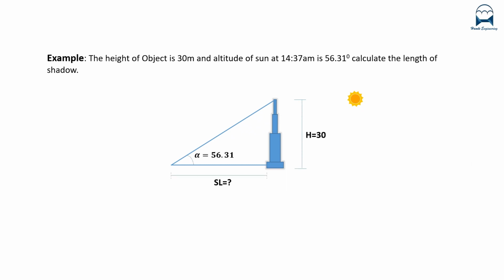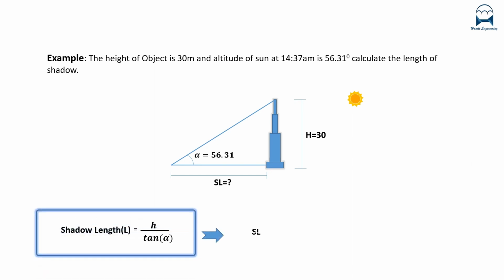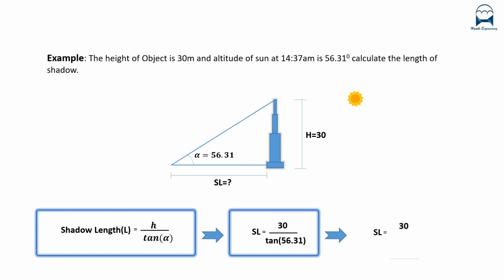The length of shadow equals the height of the object over tan of the sun altitude angle, or sun elevation angle. Therefore, length of shadow equals 30 divided by tan of 56.31. Length of shadow equals 30 over 1.5. Finally, length of shadow equals 20 meters. So, we conclude that based on the calculation, the solar panel must be put 20 meters away from the tower at